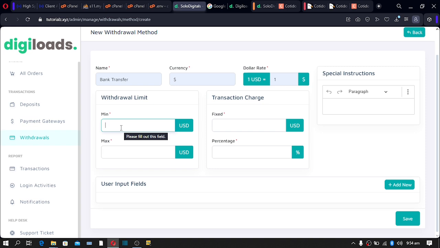So let me just put 1 there for demo purposes, and then here I can put 1,000 that they can withdraw. Fixed charge, you're going to be charging them a withdrawal. So this is where you're going to now get your money. Every sale they make, they'll be asking for a withdrawal, and that means you're going to get maybe 20%. Sorry, this is going to be a percent here, put it here. Either 25% of their earnings plus a fixed charge is going to be your withdrawal. So the payment methods we set up here,